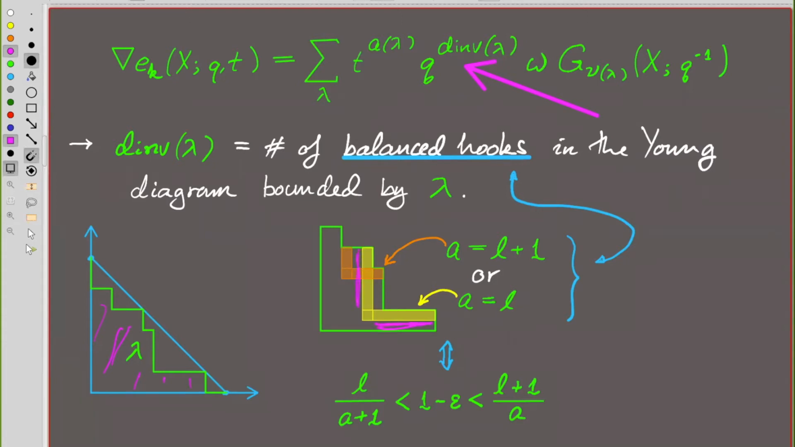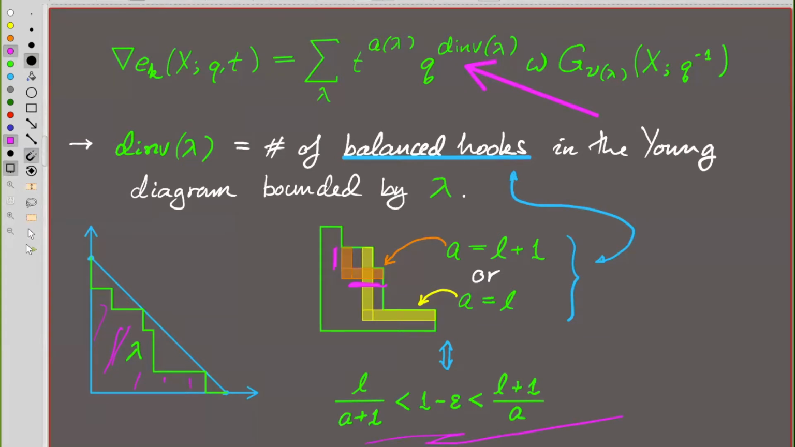Or, so this yellow hook is balanced in that way, or if the arm is one more than the leg, like this orange hook, where the arm is one more than the leg. So those are the balanced hooks, and we count them, and that's this DIN statistic. And for some reason, which will become apparent later, I just want to point out that